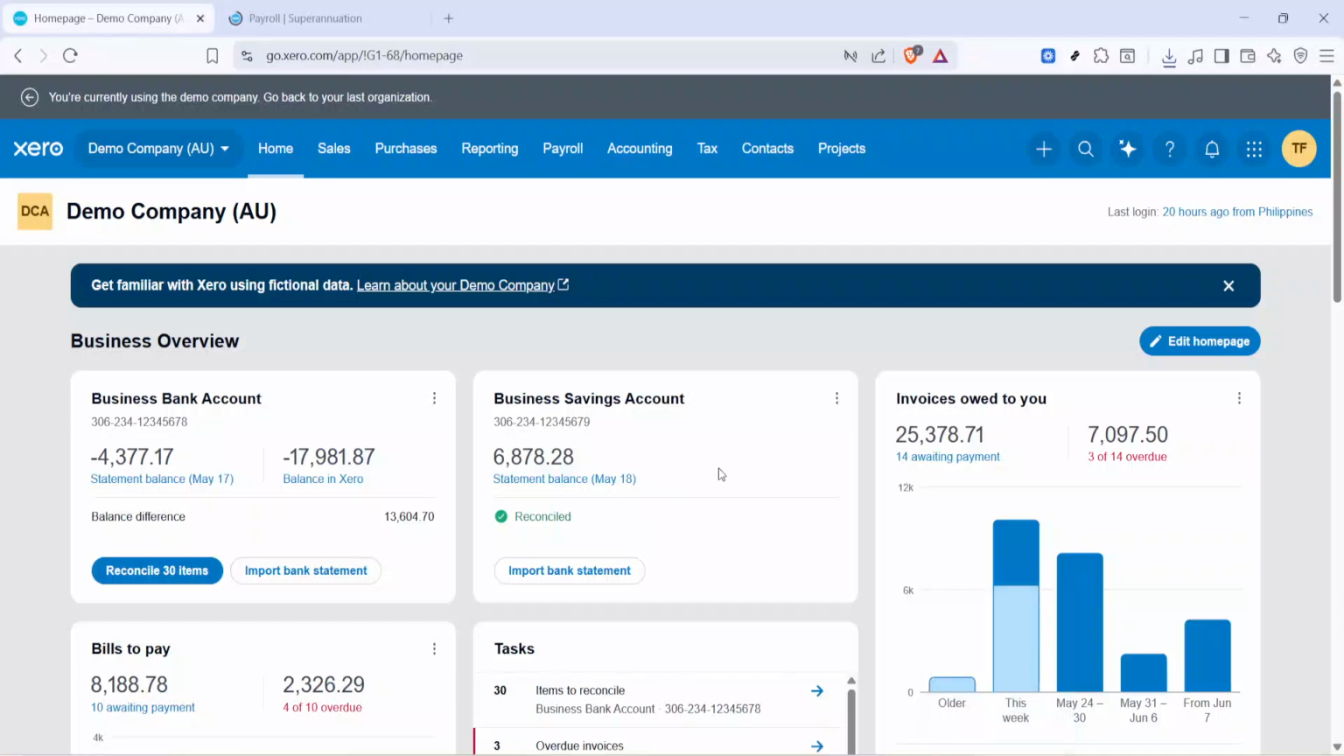In today's video, I'm going to teach you how to process AutoSuper in Xero. AutoSuper in Xero lets you pay employee superannuation contributions electronically, straight from your payroll data, so payments are accurate, timely, and compliant. Before we begin, make sure you're in the correct Xero organization and that you have the appropriate payroll